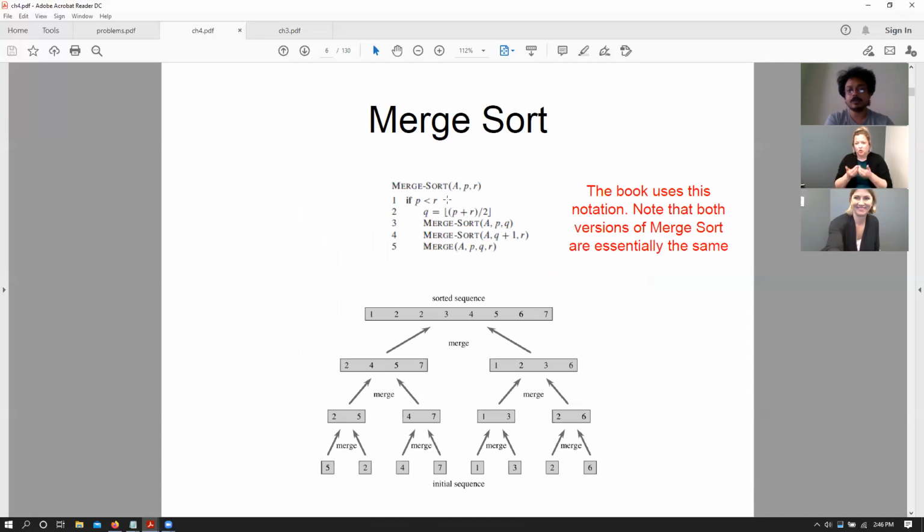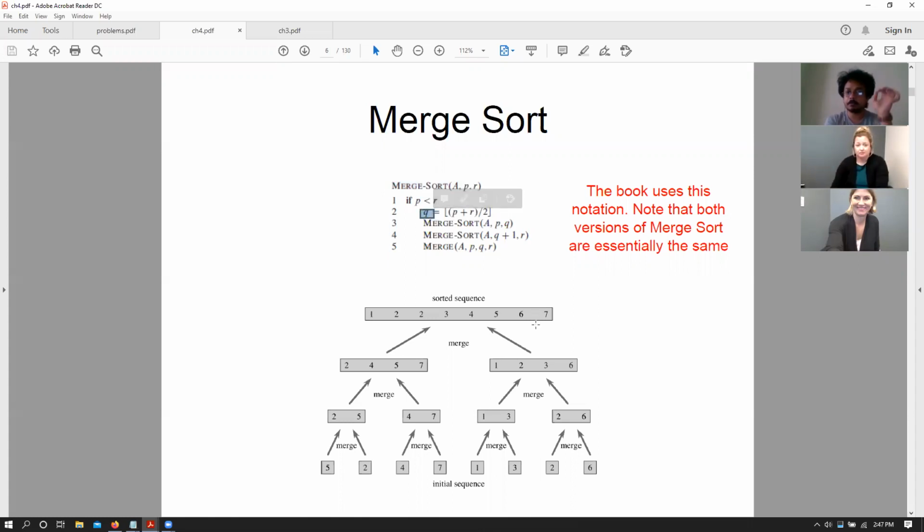In this case, your merge sort algorithm takes in three arguments: the array, the starting location, and the end location of your array. Because essentially we are going to break it down into smaller and smaller components. So each recursive call needs to know its part of the array that it's going to work on. And then while they are not overlapping, so left hand side and right hand side are not overlapping, you essentially